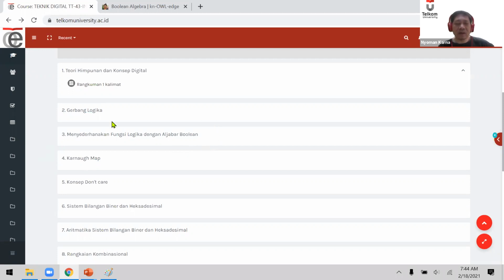So that's why perhaps next week we're going to discuss function logic, even though the function logic is supposed to be the third week, just to make it not more than 1.5 hours.